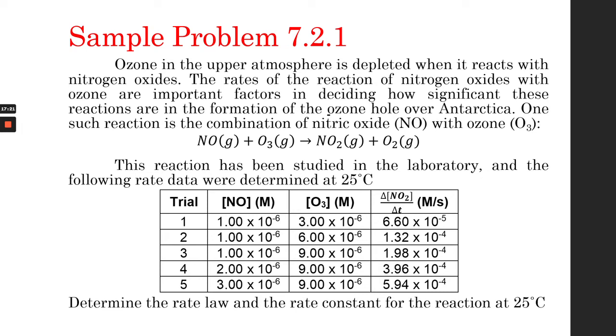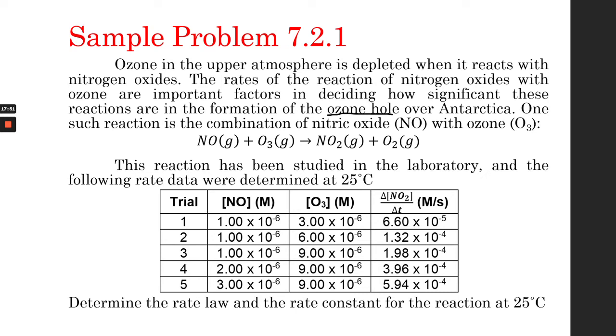So that's how you actually create ozone hole layers. One way is to react the ozone to nitric oxide. The reaction of NO and O3, NO being nitric oxide and O3 being the ozone, creates an ozone hole. And identifying the rate of the reaction helps us identify how fast the ozone hole is being created